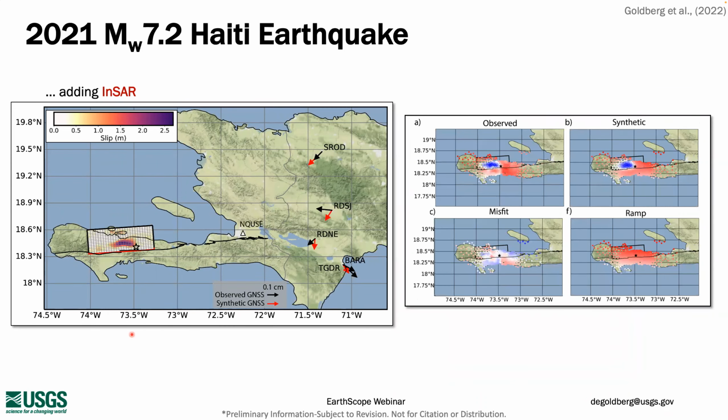And then days later, we were able to access InSAR observations from the Sentinel-1 satellite. We included an ascending and descending track, just one of which I'm showing here on the right. So you have the observed line of sight displacements in the top left, our model synthetic fits in the top right, our misfit in the bottom left, and a long period ramp signal in the bottom right that we estimate simultaneously with our slip estimate to separate it from the true earthquake deformation signal.